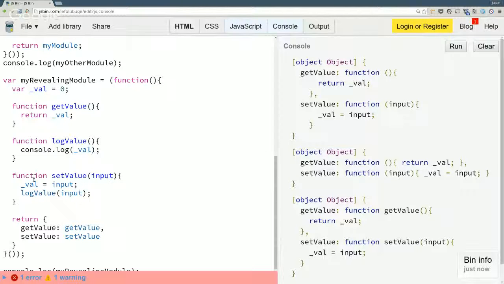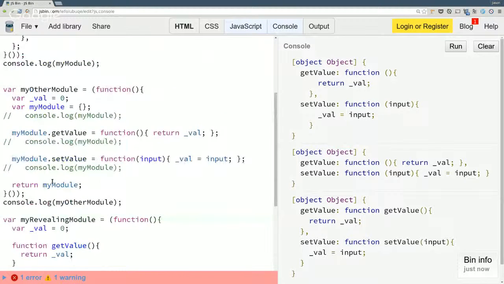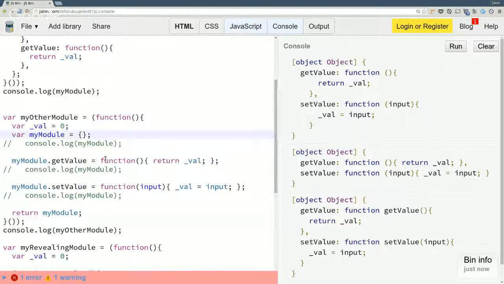So it's really more different than an object literal.